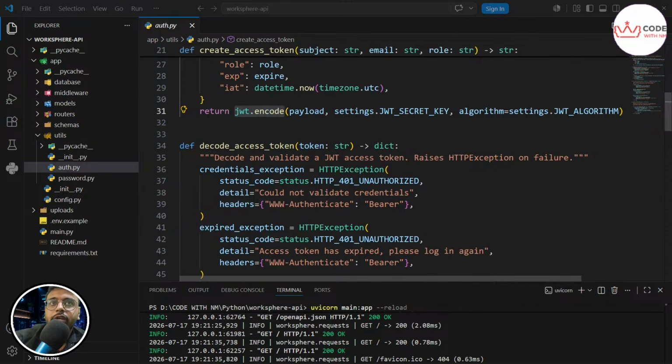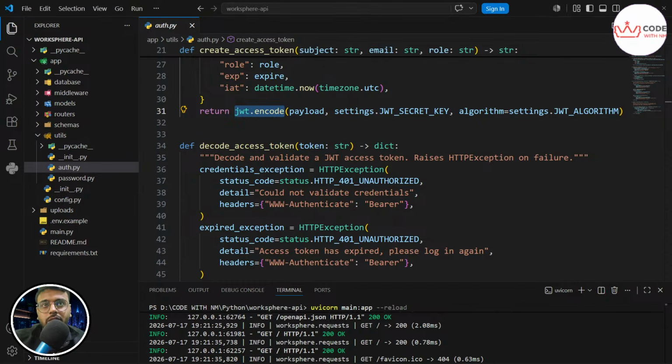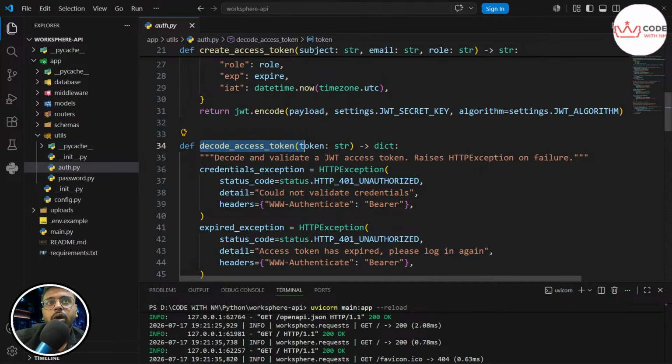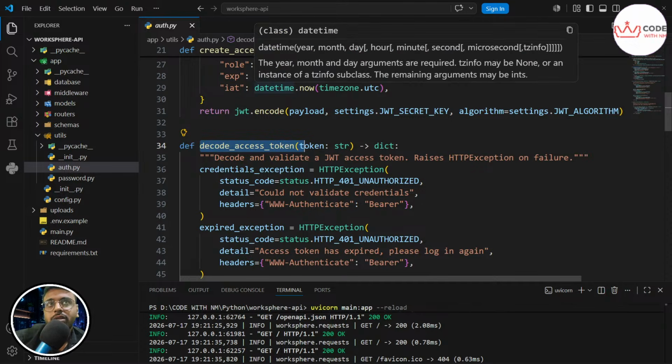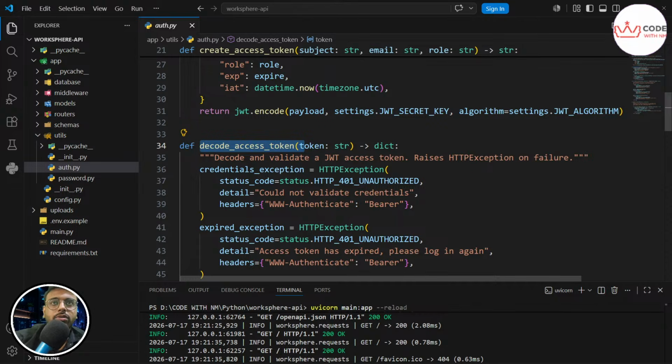Now of course we need to decode the access token. Our application should know that this token is associated with this user, so we need to verify that token, and then perform the other activities for that particular user. If we don't have the decoder in place, how will our application know that this token is associated with that particular user? So here I've already commented: decode and validate the JWT access token, raise exception